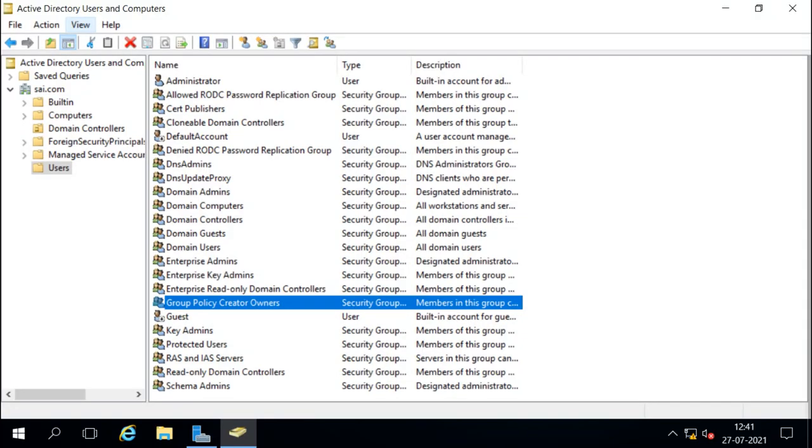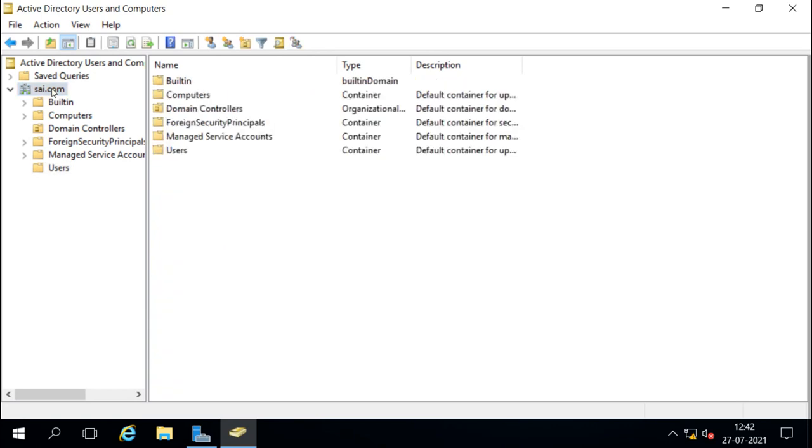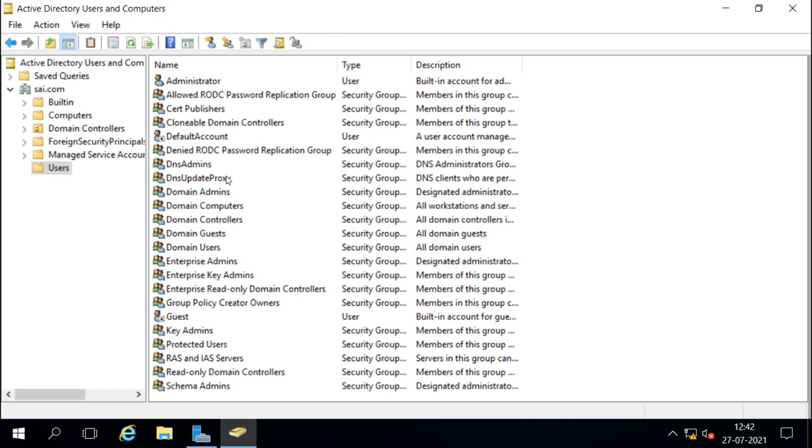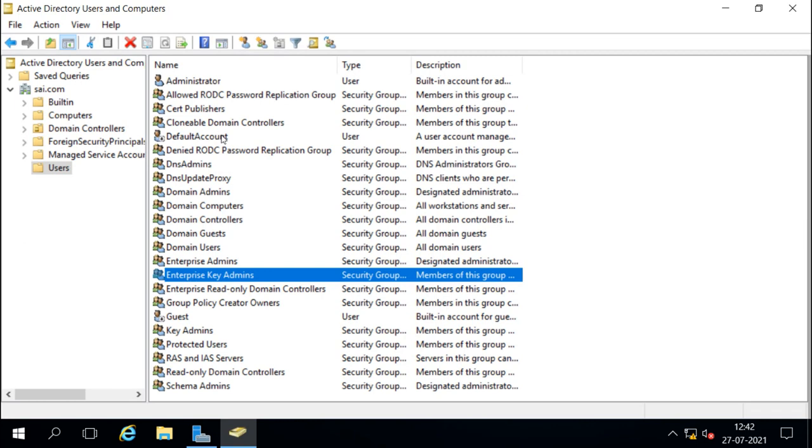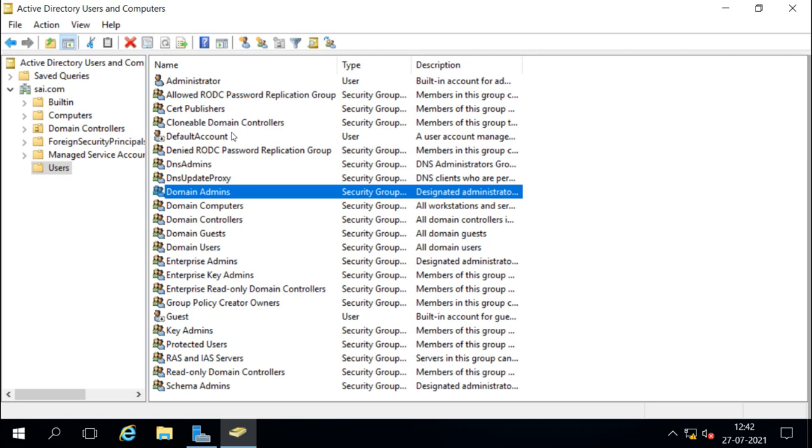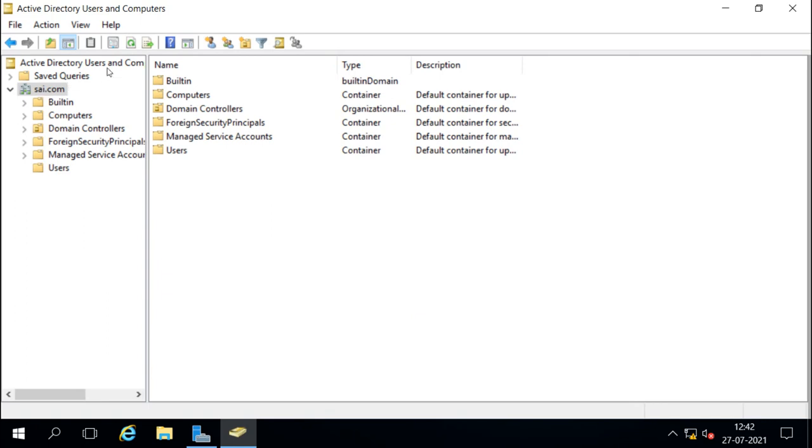Our DHCP server is restarting. Here in Active Directory, if you check, there is no group related to DHCP yet, but I will refresh it here. After refreshing, we can see those DHCP groups, but our server is still restarting.